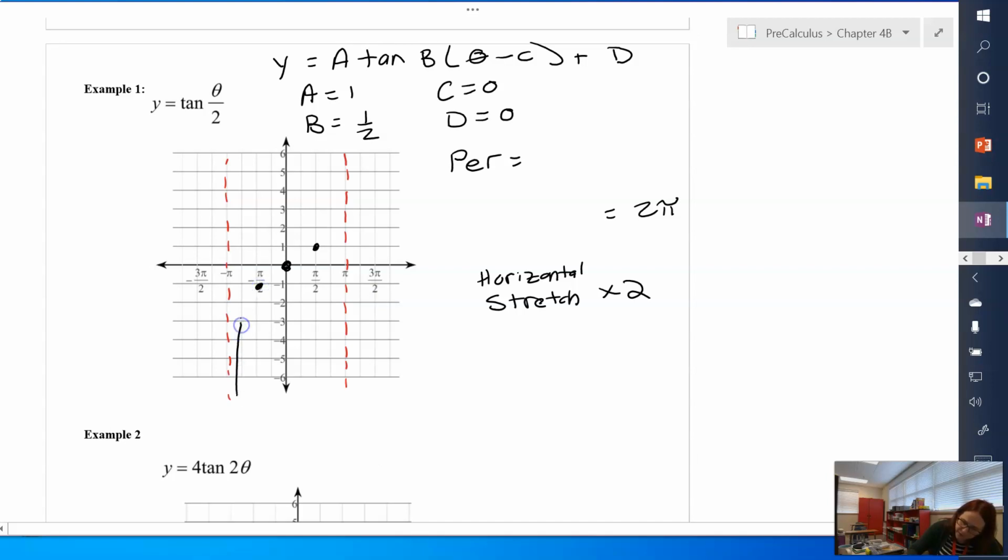So start at my asymptote, smooth curve through my points. And this also will repeat. So I would have right over here,